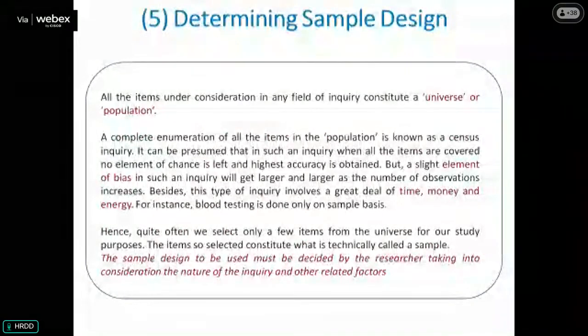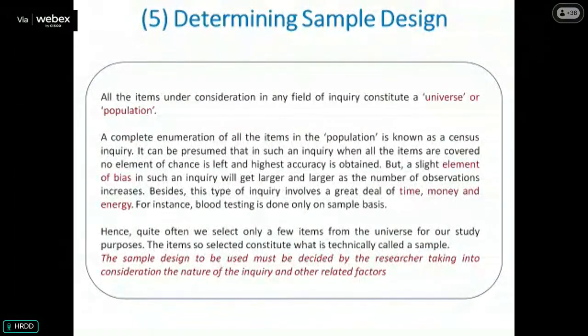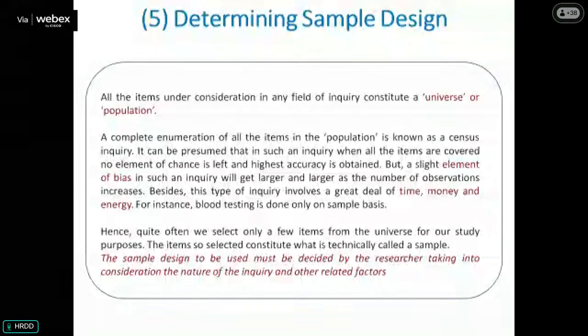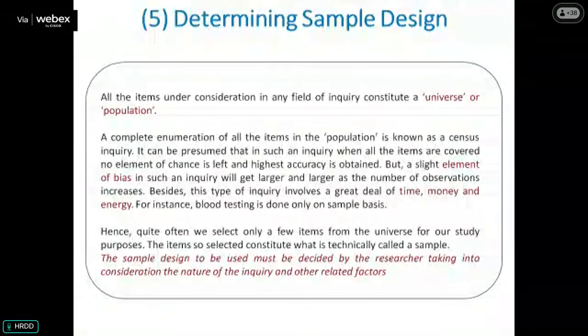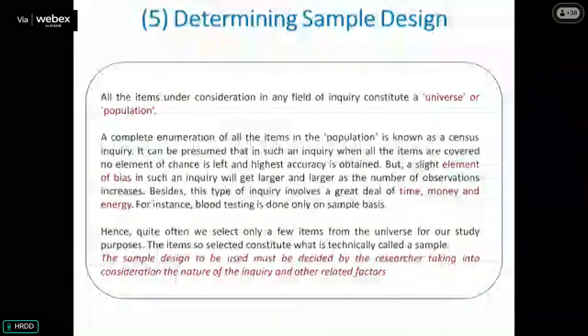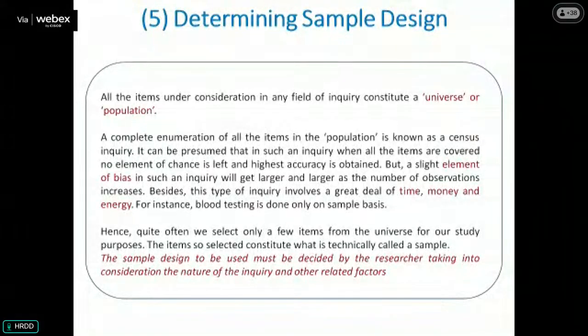And determining the sample design, as I told you. All the items under consideration in any field of inquiry constitute a universe or population. So in research methodology, the whole thing is known as the universe or population. A complete enumeration of all the items in the population is known as a census inquiry. It can be presumed that in such an inquiry, when all the items are covered, no element of chance is